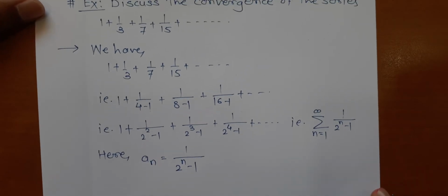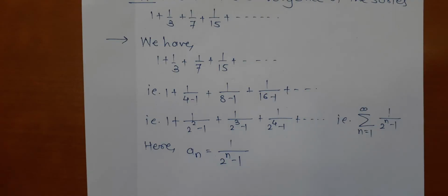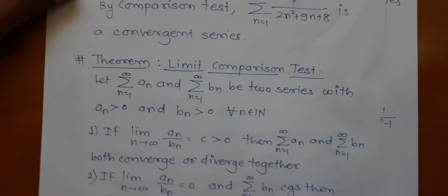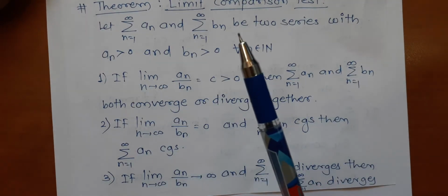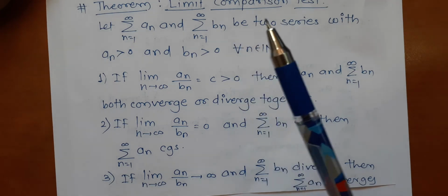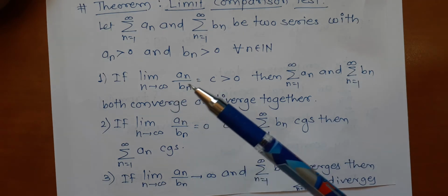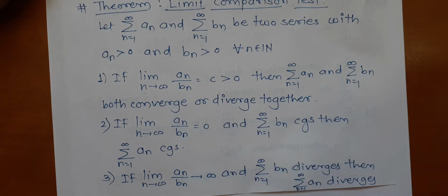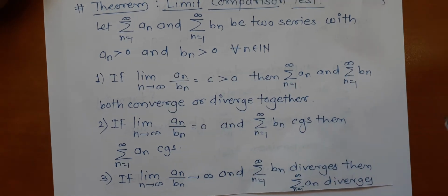So to discuss the convergence, here I am going to use the limit comparison test. Are you familiar with the limit comparison test? If not, don't worry, I will show you what the limit comparison test is. We need one more series whose convergence we can easily find. We find its ratio a_n upon b_n and apply the limit, and whatever answer we get, according to that we check whether the given series a_n is convergent or divergent.